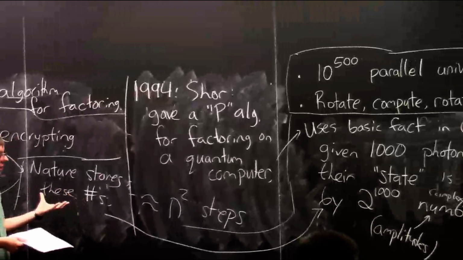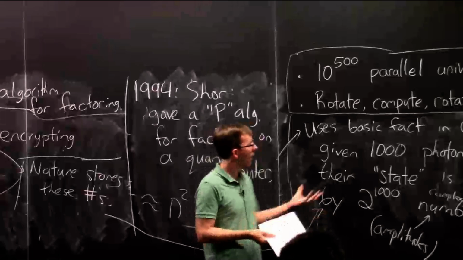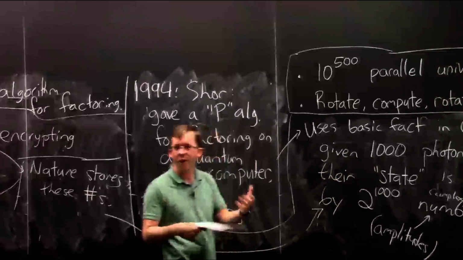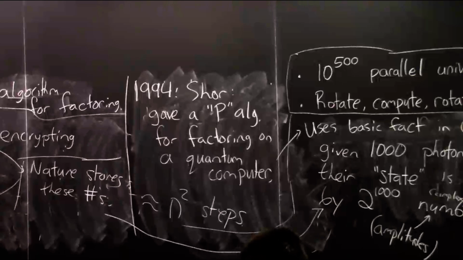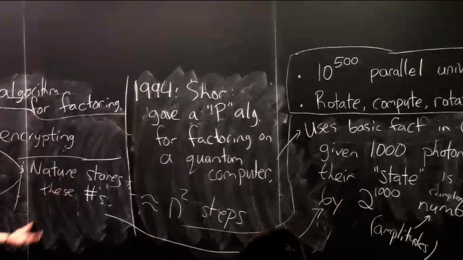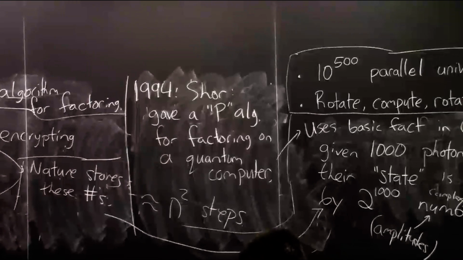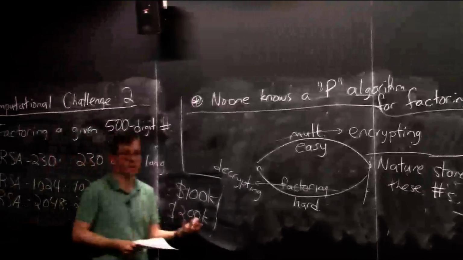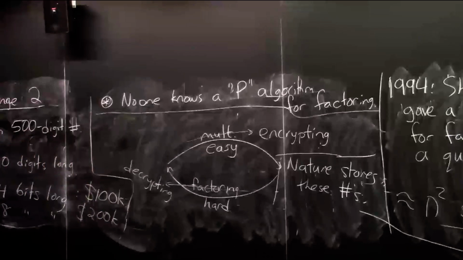I mean, if nature somehow is storing 2 to the 1,000 numbers, wouldn't it be amazing if we could somehow get these 1,000 photons together, put them through a little obstacle course with mirrors and beam splitters and so forth to manipulate their state and somehow extract some computation out of these 2 to the 1,000 numbers that are being stored. And really that's what quantum computation is about. As we'll see, it's not so easy to extract that information out of these 2 to the 1,000 numbers that are sitting there. But it gives you an inkling, this description of what's possible.